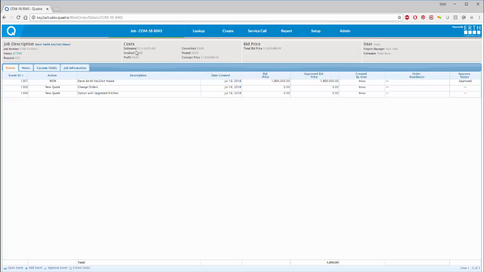I can see that this is the estimated cost. So far, there's been no costs charged to this. I can see what we sold it, or what we quoted it for, was 1.8 million. Our estimated costs are 1.4. I can see that this is the estimate that we won. Here's one for change orders, and then here's one that's going to be looking at options